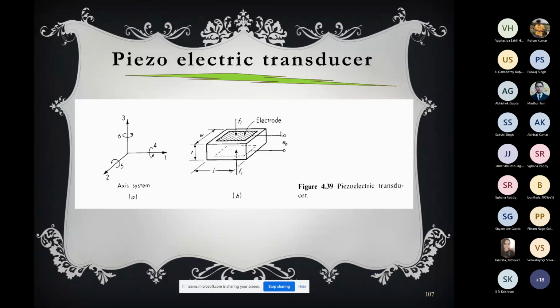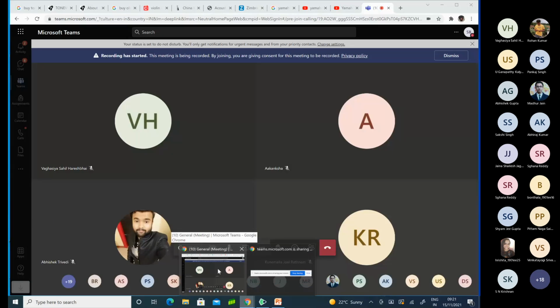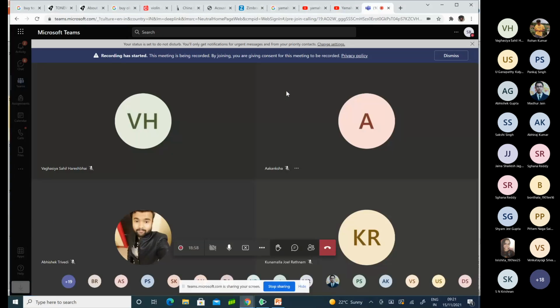Then you attach two lead wires, as you have seen, to the compliant electrode, and then you try to measure the voltage when you apply some force or some pressure, whatever it could be. Now tell me if you have any query. This type of in-depth thinking you need to do. Do you have any query? Okay, so let's proceed further.